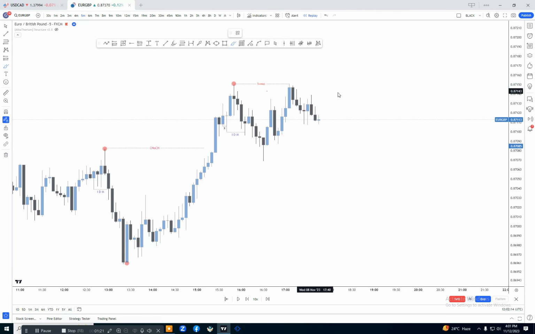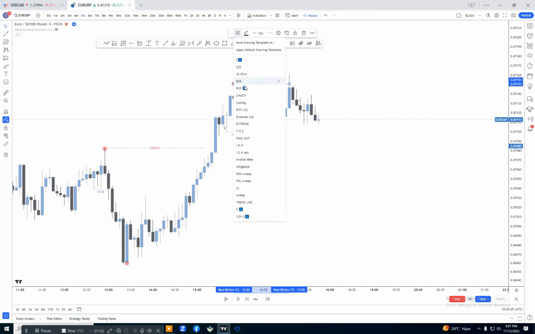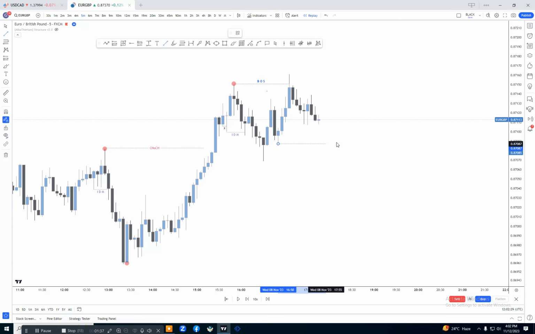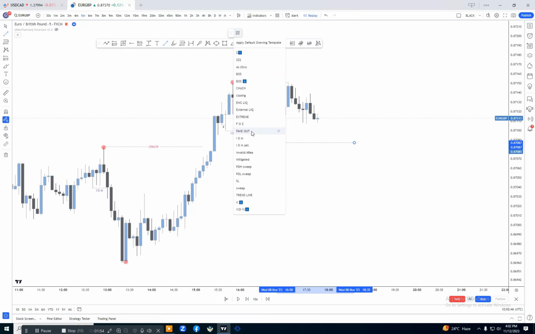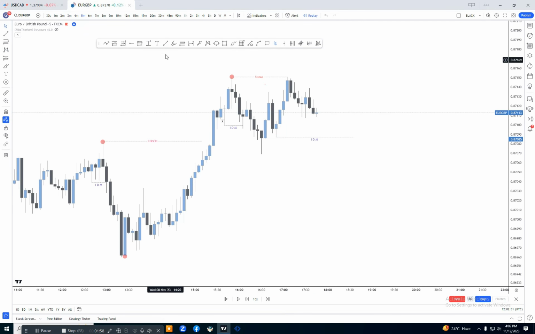For confirmation of the breakout structure, we need a candle closing confirmation. If that candle had closed above like that, then this would be our confirmed breakout structure, and this low would be an inducement here. But because the market did not give us the confirmation of the candle closing, that is just a liquidity sweep. For that our inducement will be here. If the market takes out the inducement like that, we will just shift our higher high like that. We will just shift this high to that high.